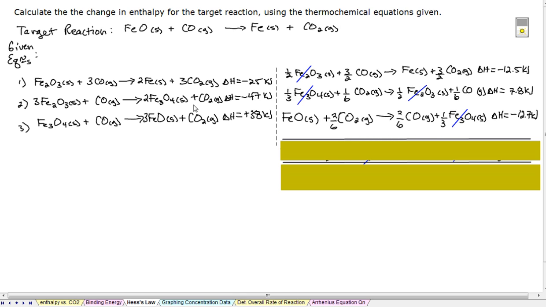Then I took a look at number 2 and I saw, okay, now what am I going to have to cancel out? Well, I have 1/3 Fe3O4 here, and in this equation all the way over here I've got a 3 out front. So that meant I had to divide